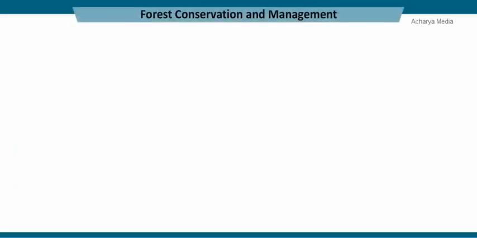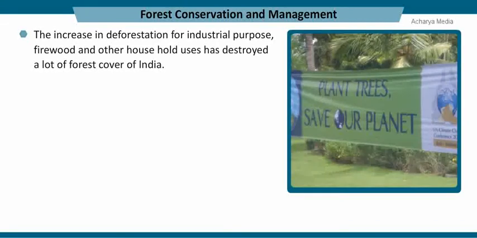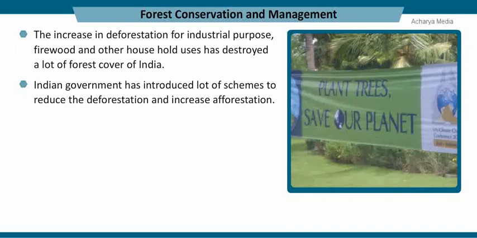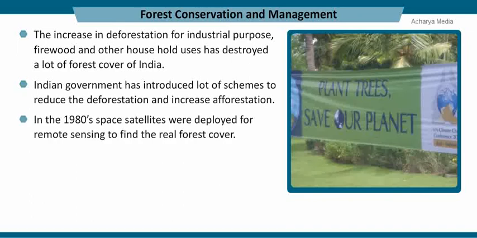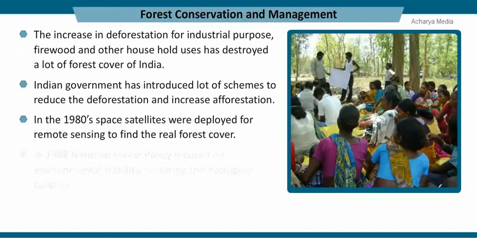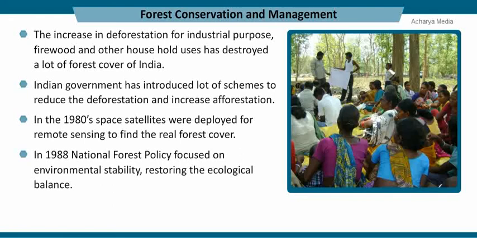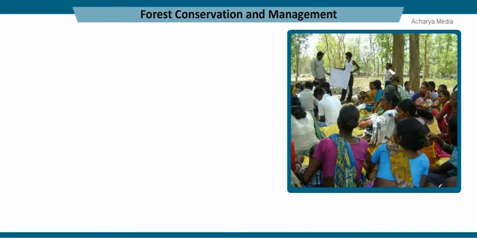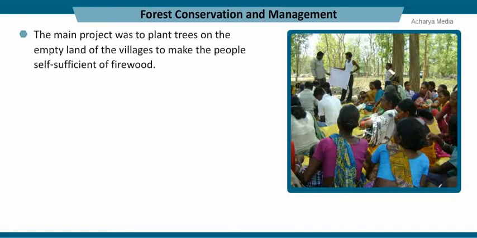Forest conservation and management. The increase in deforestation for industrial purposes, firewood, and other household uses has destroyed a lot of the forest cover of India. The Indian government has introduced many schemes to reduce deforestation and increase afforestation. In the 1980s, space satellites were deployed for remote sensing to find the real forest cover. In 1988, the National Forest Policy focused on environmental stability and restoring the ecological balance. The main project was to plant trees on the empty land of the villages to make the people self-sufficient in